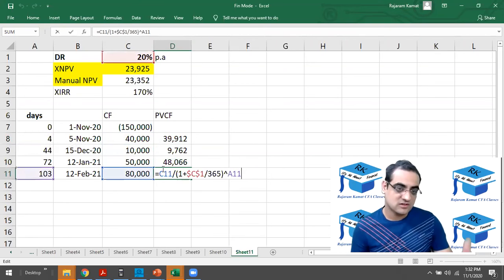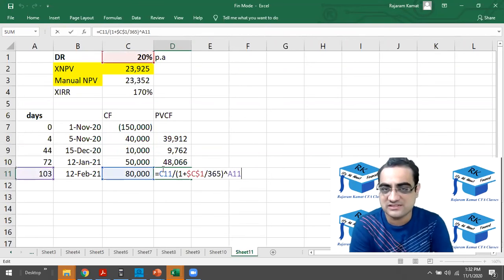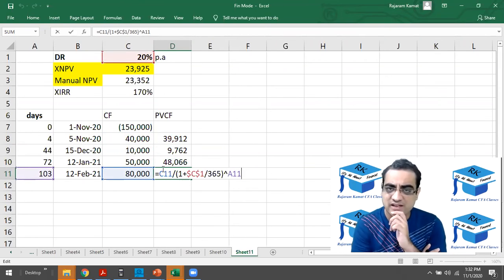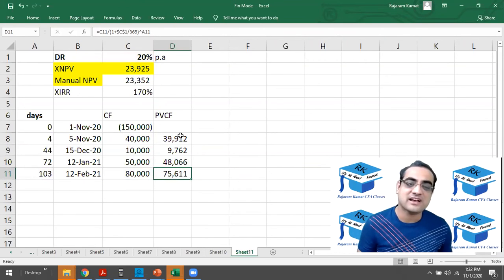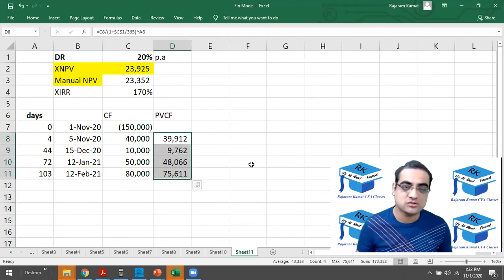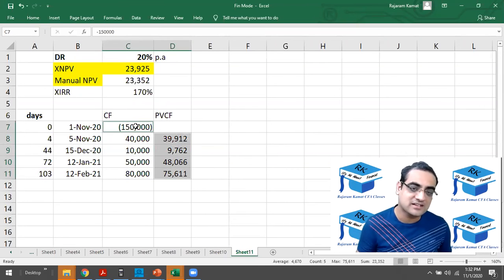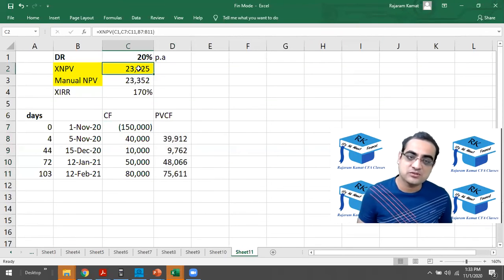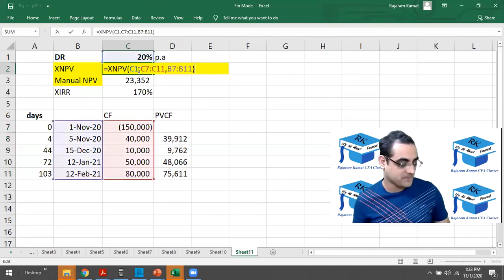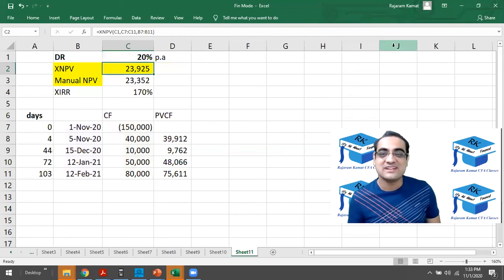Similarly, the last 80,000 divided by 1 plus R upon 365 raised to 103 days. I haven't made any mistake. I simply added this. It comes to 173, and then subtracting this, look at it, 23,352. Whereas XNPV shows 23,925. Who is correct? Who is wrong? Think about it.